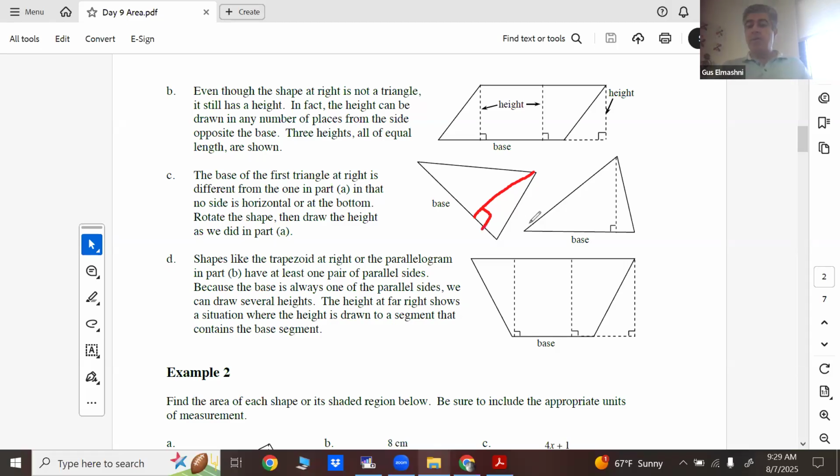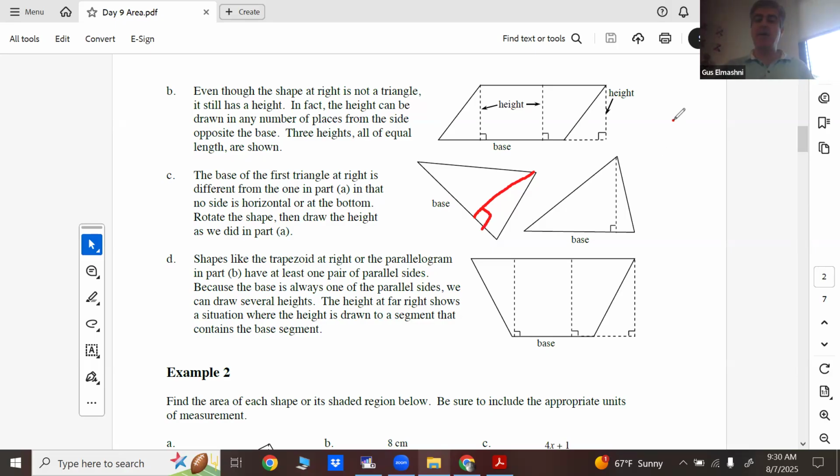And it won't matter when you find the area because it all will work itself out. If one base is lower, then the other height will just compensate and get higher, right? And vice versa. If I go to a higher base, the height for it will be lower. It's a trade-off. So it won't really matter what you use. For example,